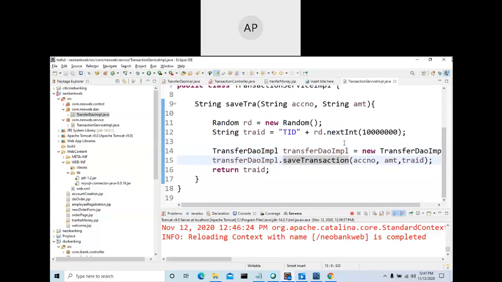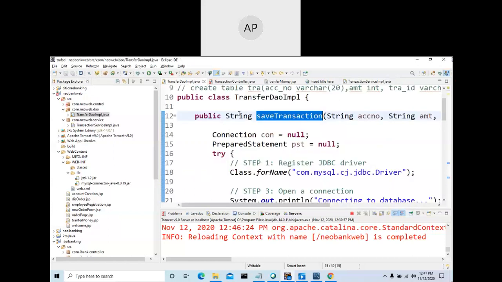Control Shift here. So there is some error here. Okay, so what is this? When you call this method, what is it going to return? It is going to return the transaction ID, right?